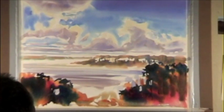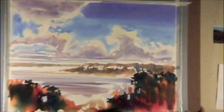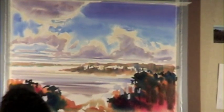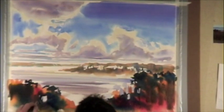Okay, it's starting to kind of mellow out a little bit. I think I like some of this really bright, intense stuff, but I'd like to have it as accents. I don't like to have so much of it, I think. So I'd like to...